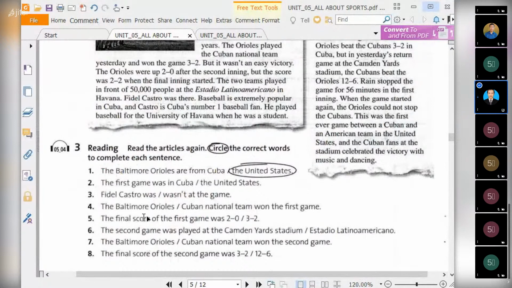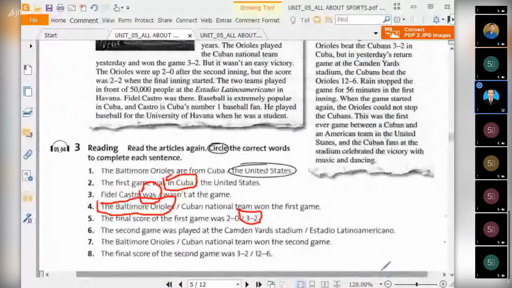Okay, number 2, everybody. The first game was in Cuba or the United States. Which one? Cuba. Yeah, in Cuba. Good. Fidel Castro was or wasn't at the game? Was. The Baltimore Orioles or the Cuban national team won the first game. The Baltimore. Yeah, the Baltimore. Good. And the final score of the game was 2-2 or 3-2? 3-2. Good. The second game was played at Camden Yards Stadium or Estadio Latinoamericano. Okay, in the Estadio